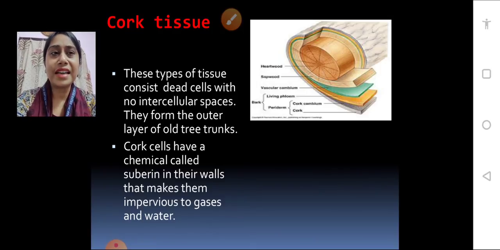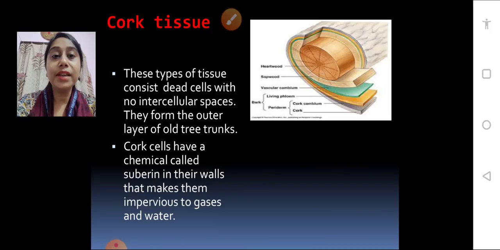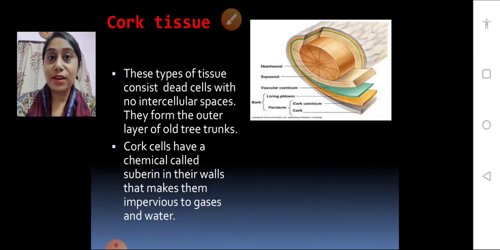Every one of us has seen the bark of the plant. The bark actually consists of the cork. The cork cells have a chemical called suberin in their walls, and that makes this cork impervious to gases and water. Impervious means no permeability. Through these cork cells, water and gases cannot enter. That means this cork tissue is providing protection to the cells present inside